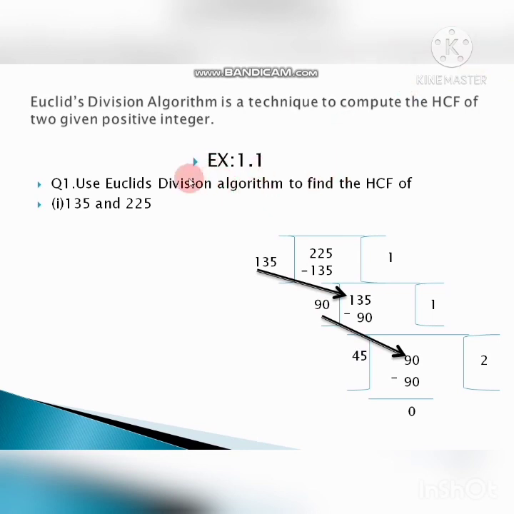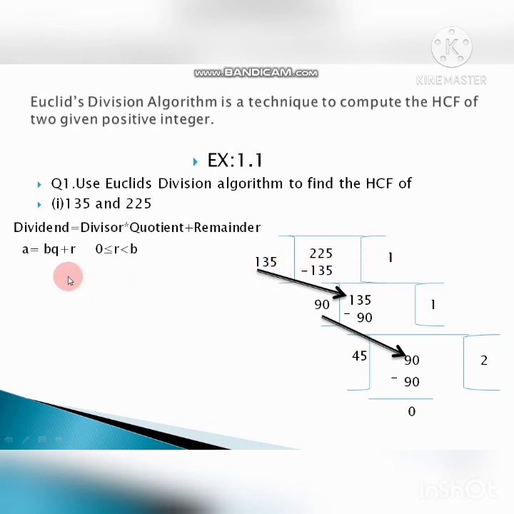Now we have to do it by Euclid's division algorithm, so we have to write in that form. What is Euclid's division algorithm or lemma? A is equals to BQ plus R, where R is greater than or equals to 0 and less than B. Now first step, you see this first step, children, over here. In this we have to write in the form of A is equals to BQ plus R. That is nothing but dividend is equals to divisor into quotient plus remainder. So write in this form, children.